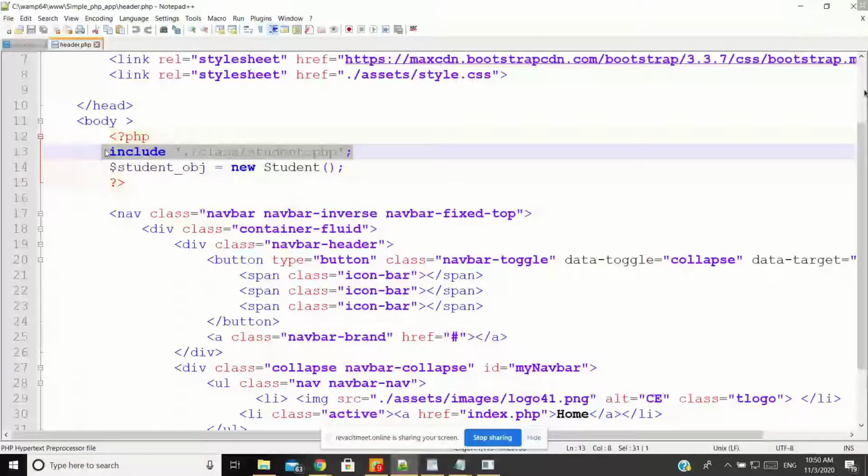Since I need database connectivity features, that's important for me because it is my application and I'm working with existing data. This is a dynamic website, so I'm going to update or manipulate the data in my database, right? For this, I need to write the database connectivity in each and every file.